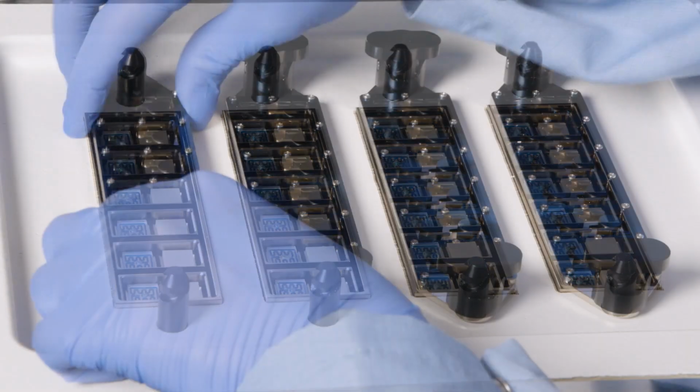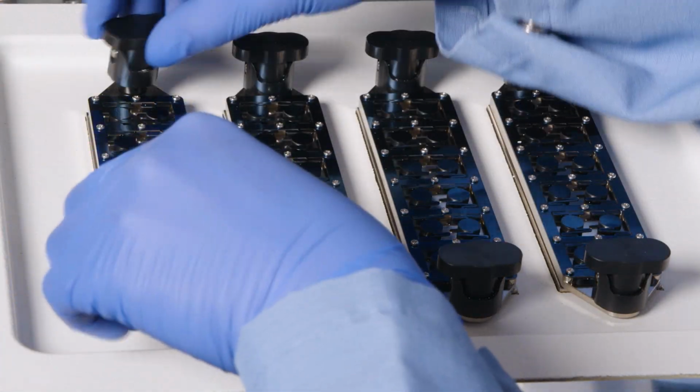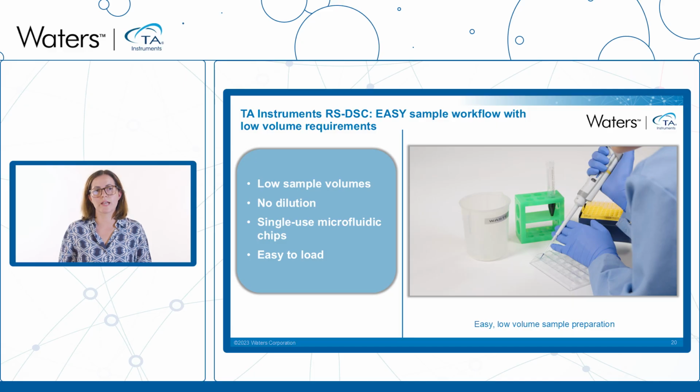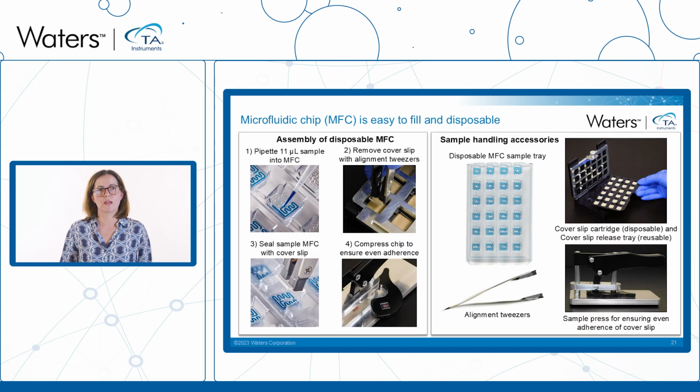Next, you need to cover the calorimeter with these inner lids that hold the chips down during a scan, and then close the latch of the instrument's lid. So basically, this is the full workflow for the RS-DSC. This is just a small summary overview of what the microfluidic chip preparation looks like, as we just saw